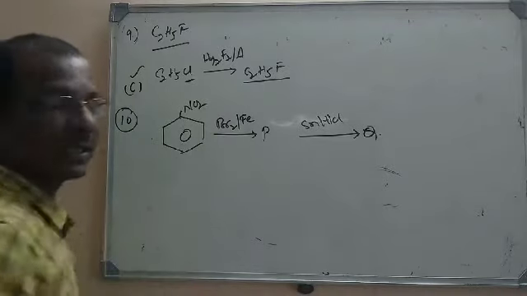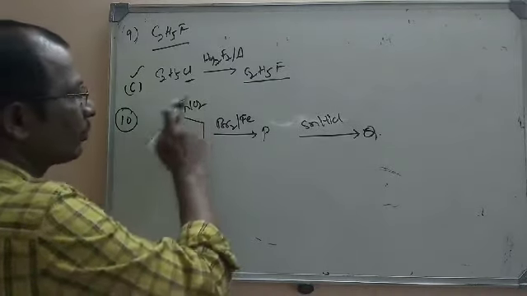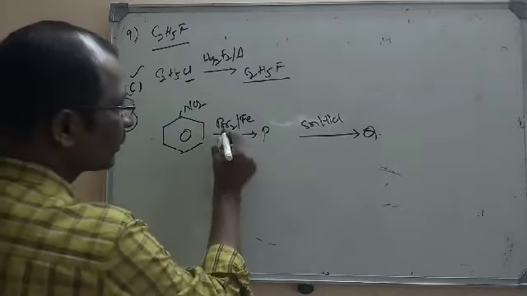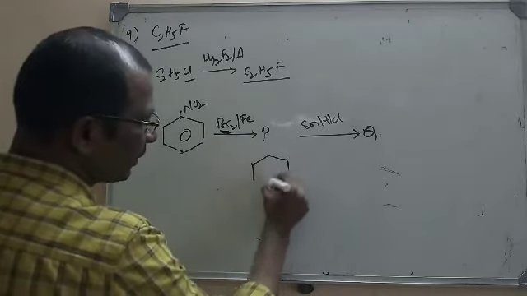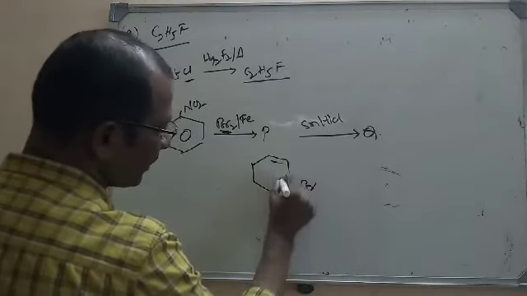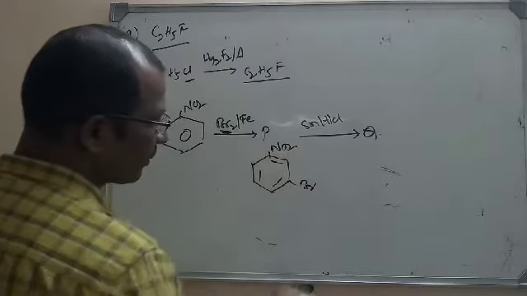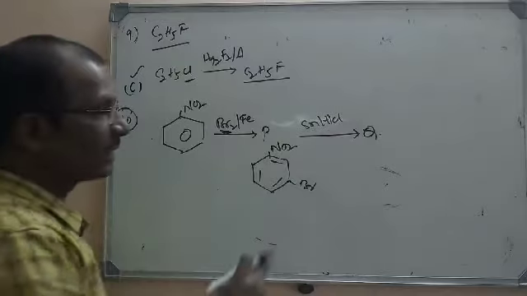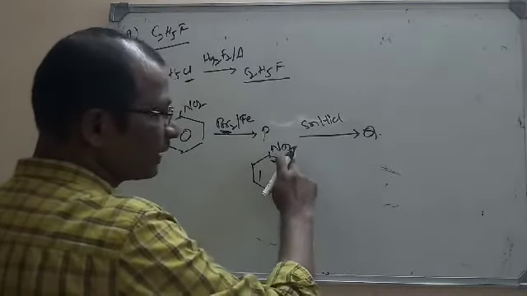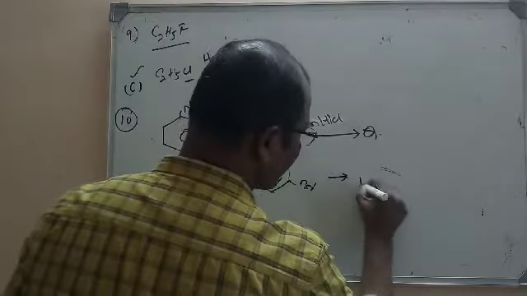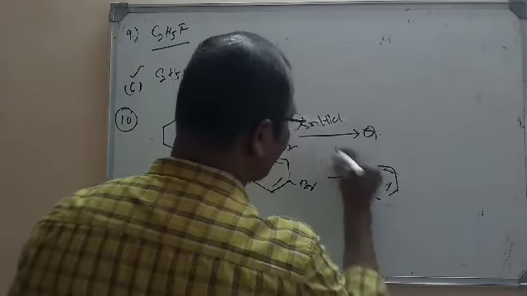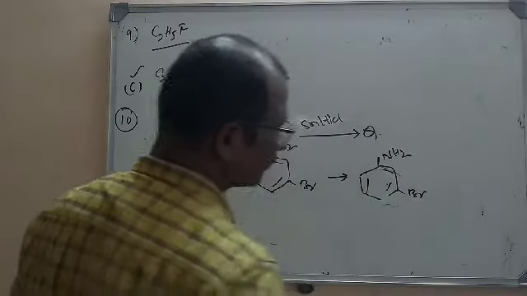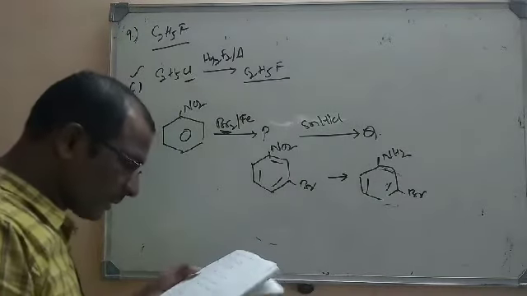Look here, it is nitrobenzene. The nitro group is a ring deactivating group, that is a meta-directing group. So the incoming electrophile, bromonium ion, will be substituted at the meta position. So meta-bromonitrobenzene will be formed. But again they are using tin and HCl. Tin and HCl is a reducing agent that will convert NO2 into NH2. So in the next step, due to reduction, what will happen? This is NH2 and Br. That is meta-bromoaniline. Now let us see the options.